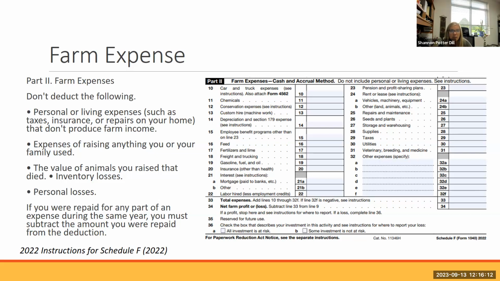And then some categories are very large, something like chemicals, feed, fertilizer, supplies, or this other section. There could be a lot of different types of expenses under there, depending on the complexity of your farm.